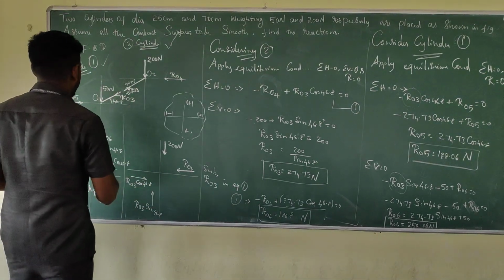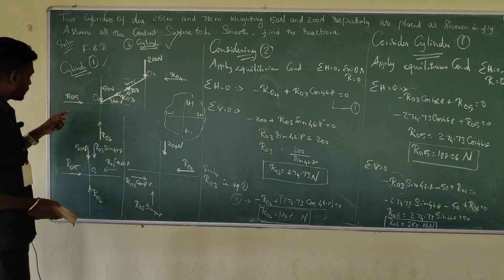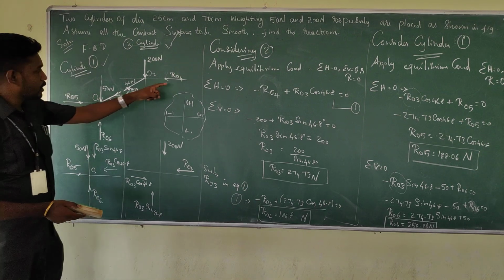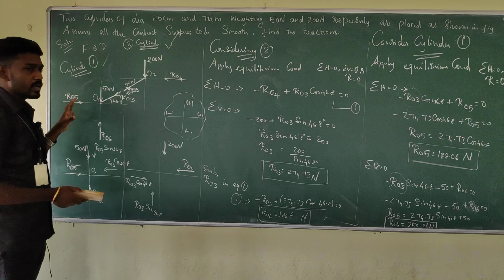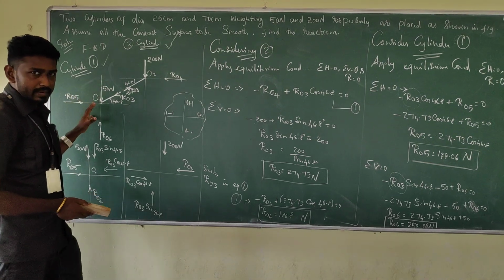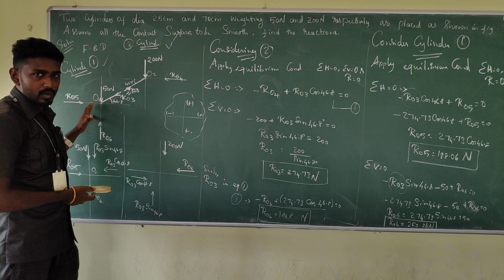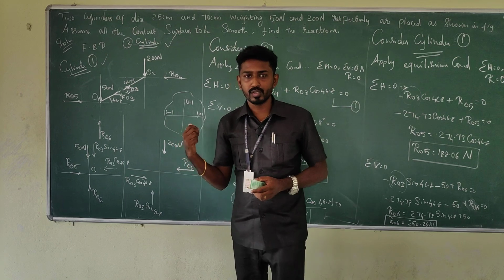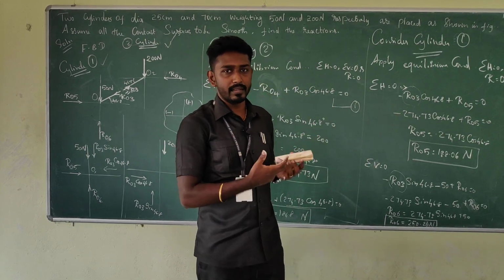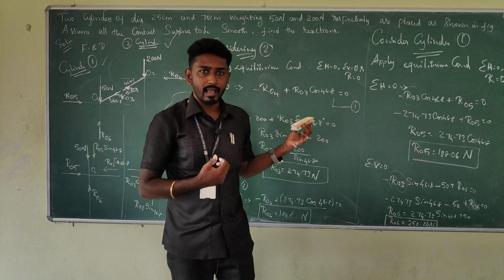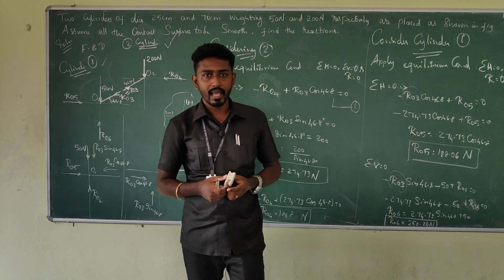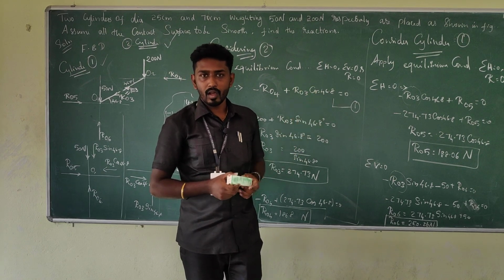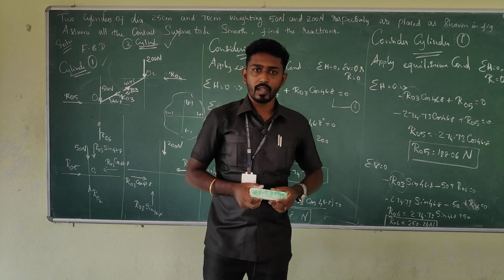So for that, here we have the reaction forces RO6, RO5, then RO3 and RO4. Am I right? All these answers should be shown under the title of result. Okay. So I hope you understood how to work when you are having such kind of questions like two rollers or two cylinders in a chamber. Okay. How to take the angles and how to find the unknown reactions and what are the laws we need to apply into the problem in order to solve it. Okay. Thank you so much.